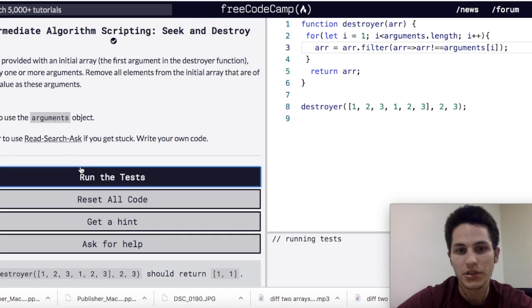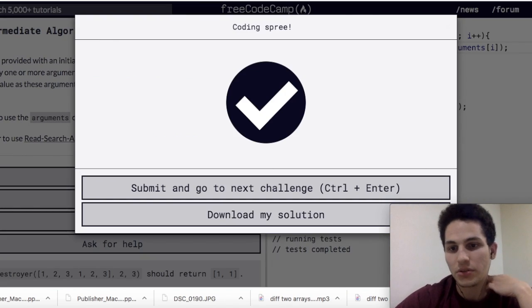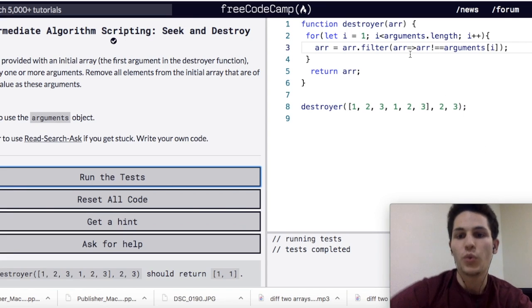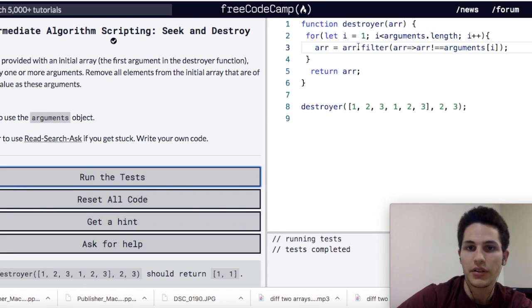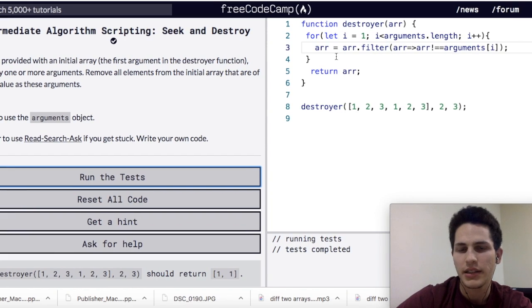So let's see if this works. Yep, it works. Cool. So what this filter method does, in this case,